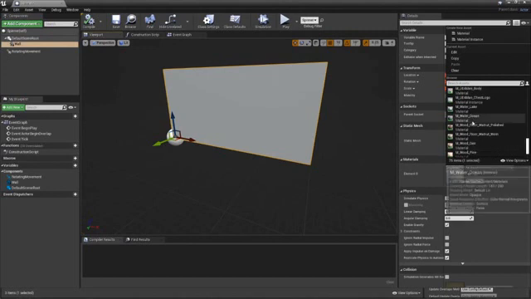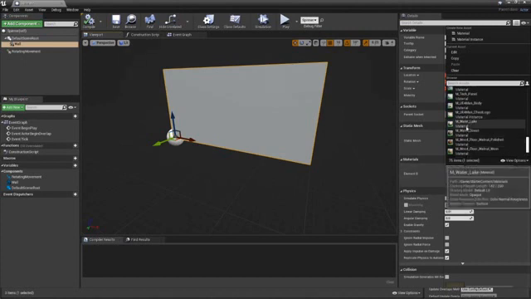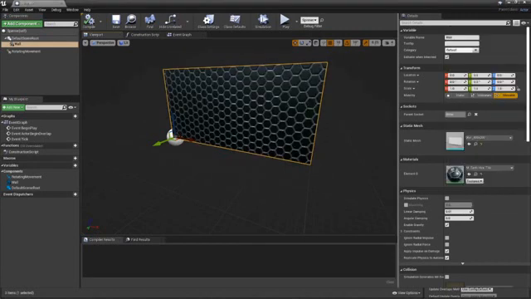But just keep in mind that if you want to change material, you have to go back into your blueprint here and change it. And then it will affect every single time that you include this particular blueprint. There we go. I'm going to use the hex tile. That's very space age looking. So anyways, if you want to change this, you're going to have to go in and change it on